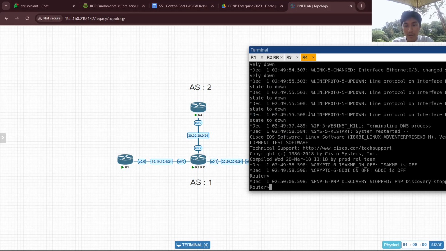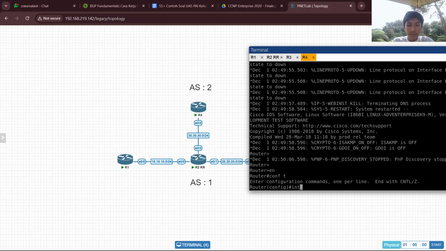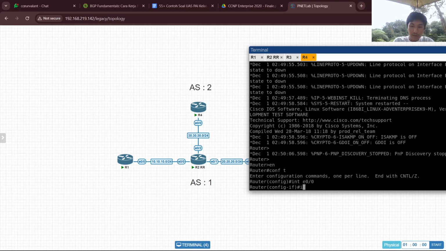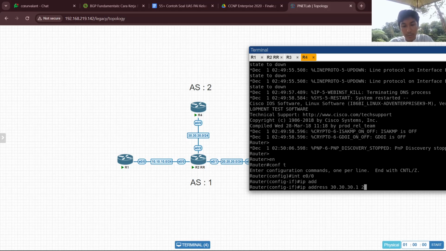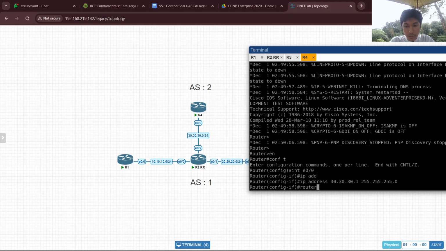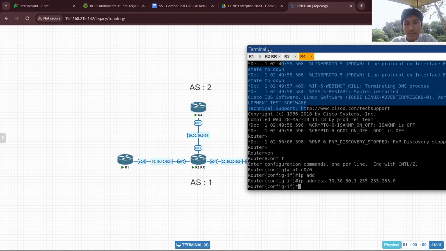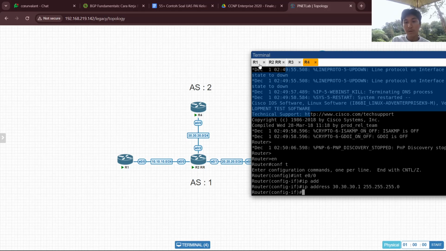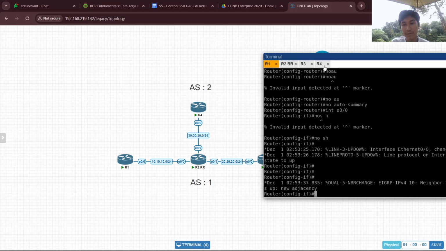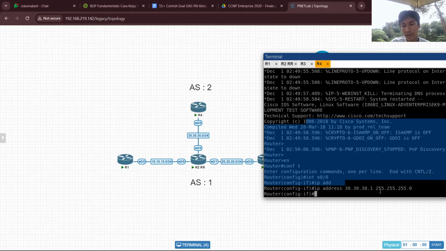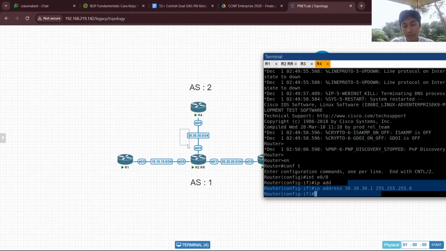Okay, it works now. Now we configure the router for the eBGP later. The address 30.30.31. In this router we will not use EIGRP to connect it, because this is an eBGP. So we only use normal BGP peering like the other BGP lab. So we don't need to add this network to EIGRP. This network will only be the eBGP peering, and this network will be an iBGP peering with EIGRP. And this router will be the route reflector for router 1 and router 3.